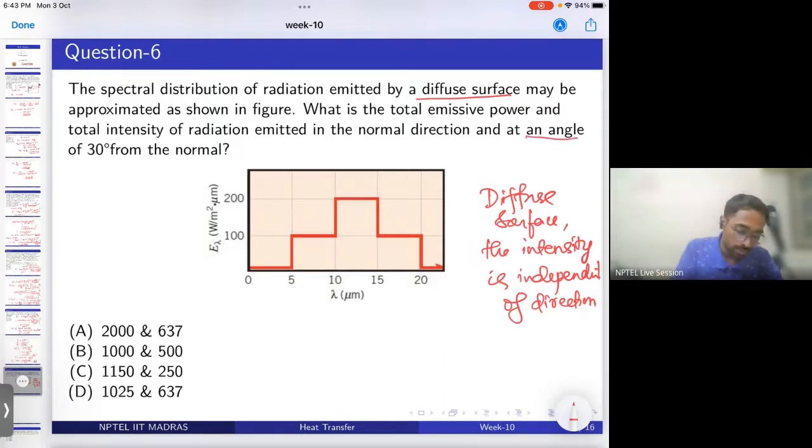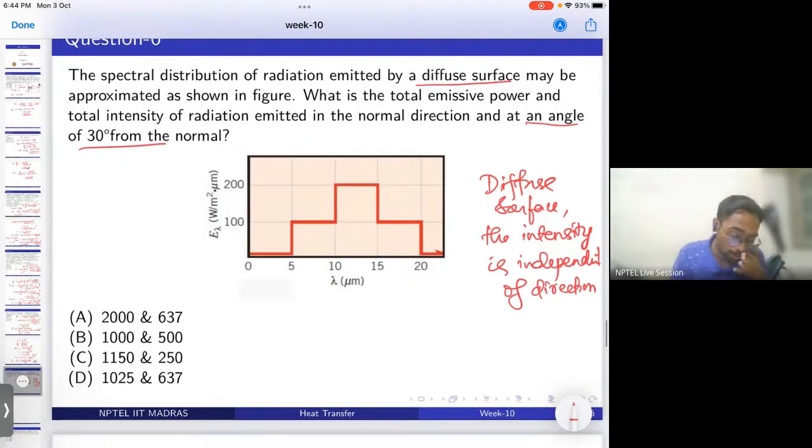So there is no need of giving this angle, because the intensity will be the same in all directions. Next, first we need to find out the total emissive power. We are given a monochromatic emissive power, which is dependent on the wavelength. So for finding the total emissive power E total,